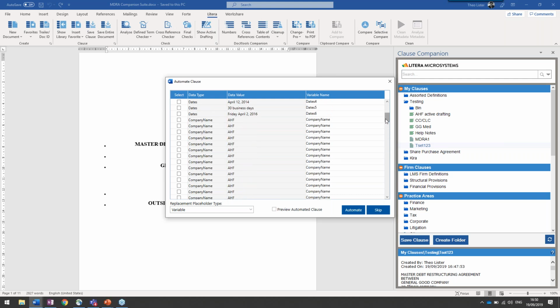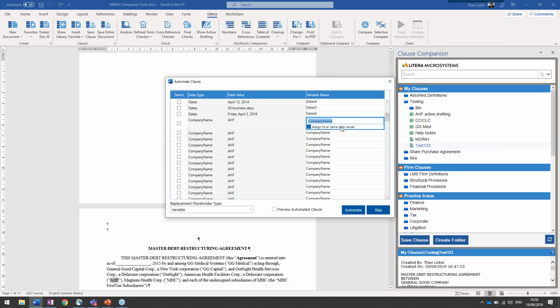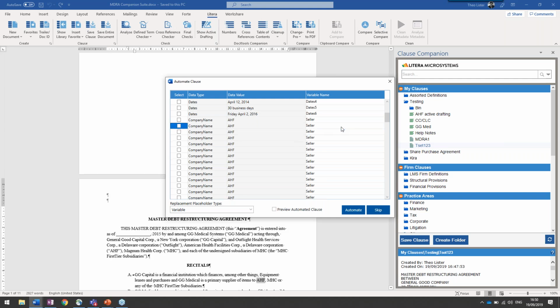So something like AHS, for example. So we've given it a default value. It is a company name. That's what we've detected it has at least. But as an individual, as somebody who's drafted this before, maybe I can go into a little bit more detail and I know a little bit more about the situation. So I can revise this and say, actually, this is the seller. And that variable name is updated so that when I choose to automate it,